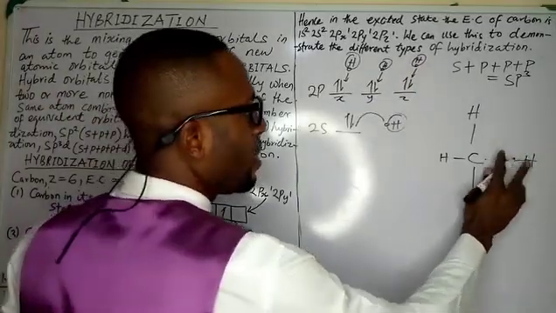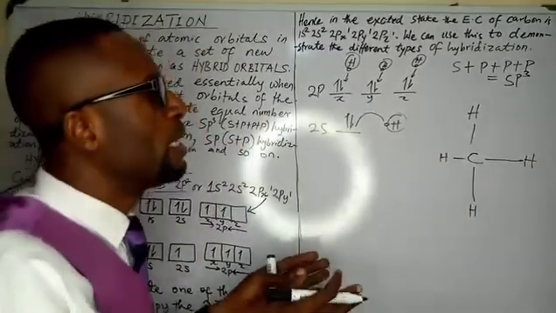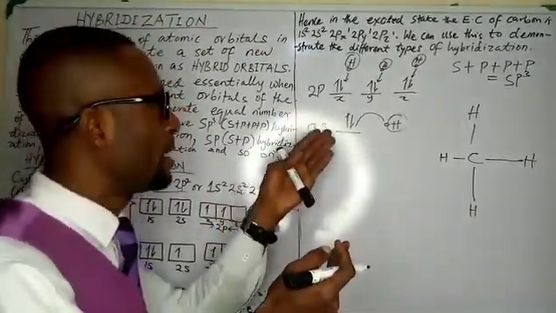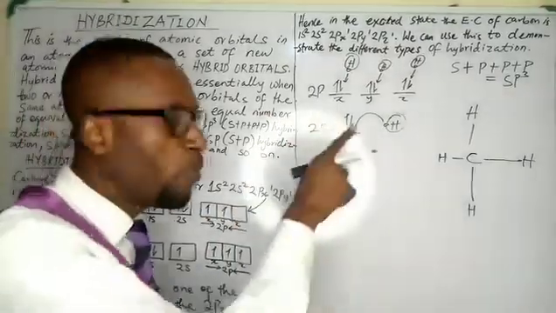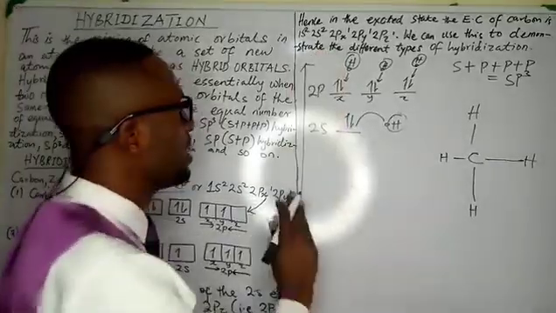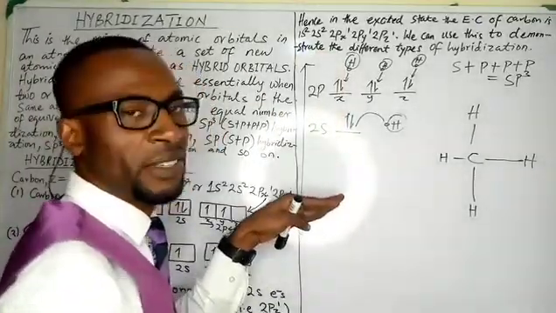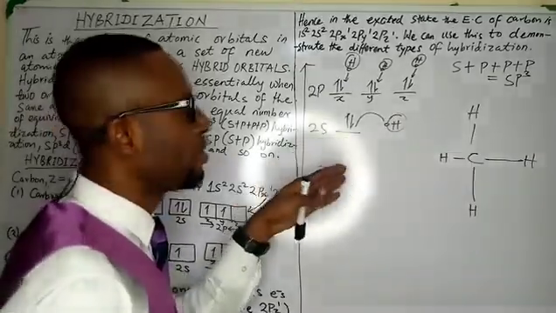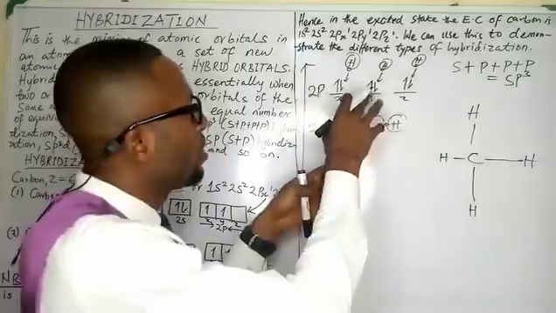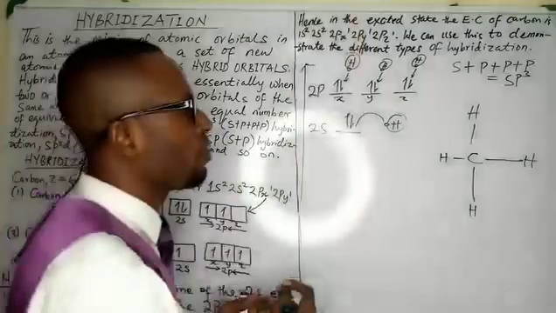Yes, we have been able to show that carbon not only can make two covalent bonds, but it can even make four covalent bonds, especially in the excited state of carbon. But the problem here is that these energy levels are different. This is increasing energy level. The s orbital is lower in energy, perhaps closer to the nucleus of the atom. Am I communicating? While the 2p orbital is higher in energy, and perhaps farther away from the nucleus.